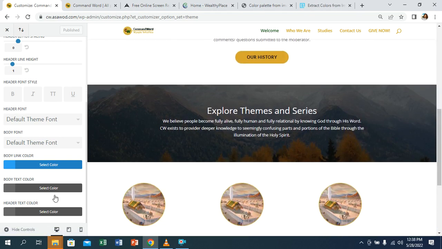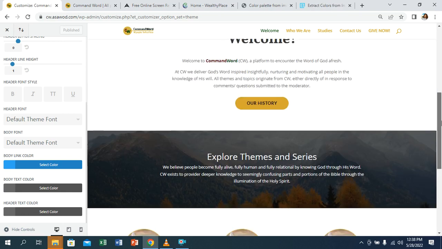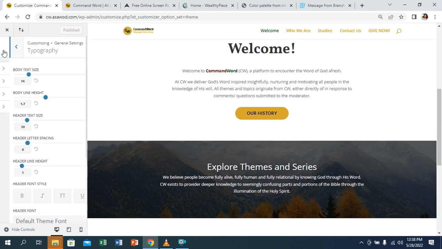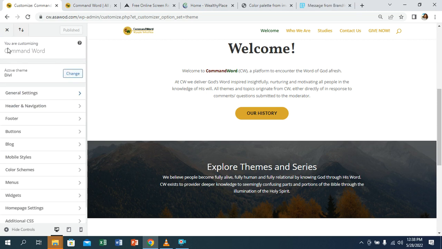Then here you want to set the color of the text of your website. I would suggest you just leave it like this. Body link color, you want to set all of that. But I would suggest you also leave it. And of course, background. Footer, I'm sure right now on your page you will have some jargons at the bottom